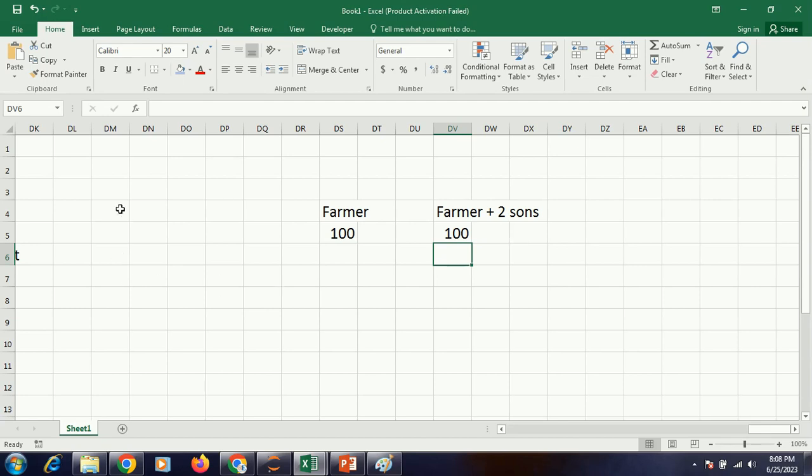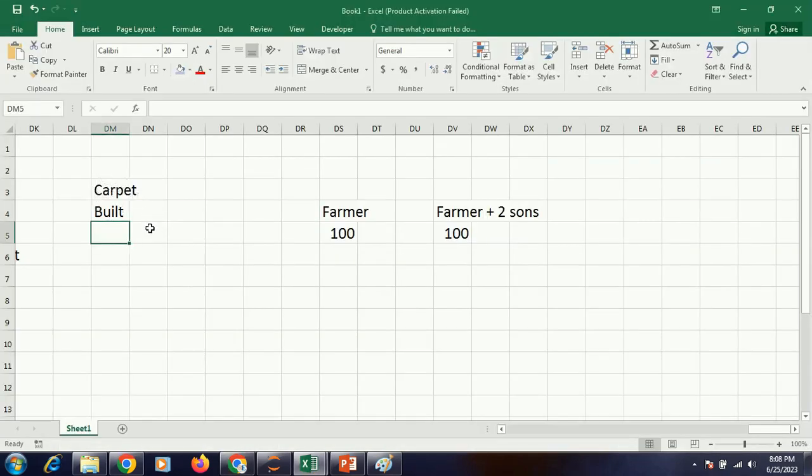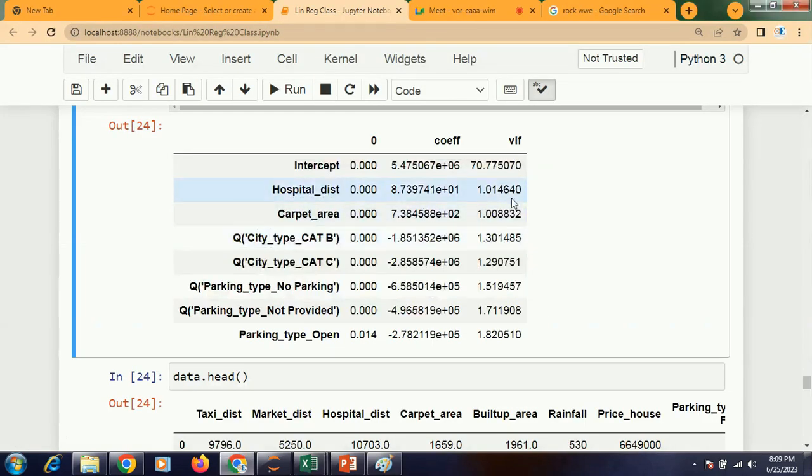Right? So in my variables, we might have some redundant variables which are telling the same thing. For example, carpet area and built up area: if we have these two variables, essentially they are telling me the same thing, is it not? So I could have just one. Why should I have both? They are doing the same thing. So how do you understand that? By checking the VIF. If you have two variables telling you the same thing, this VIF value would have gone up more than 2.